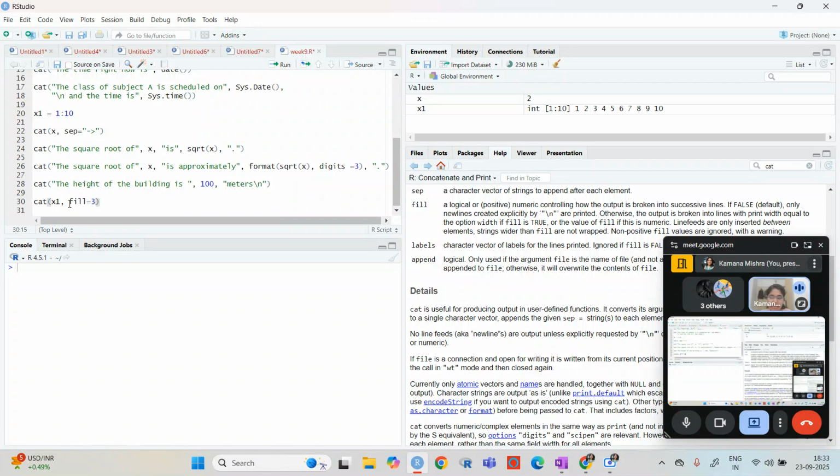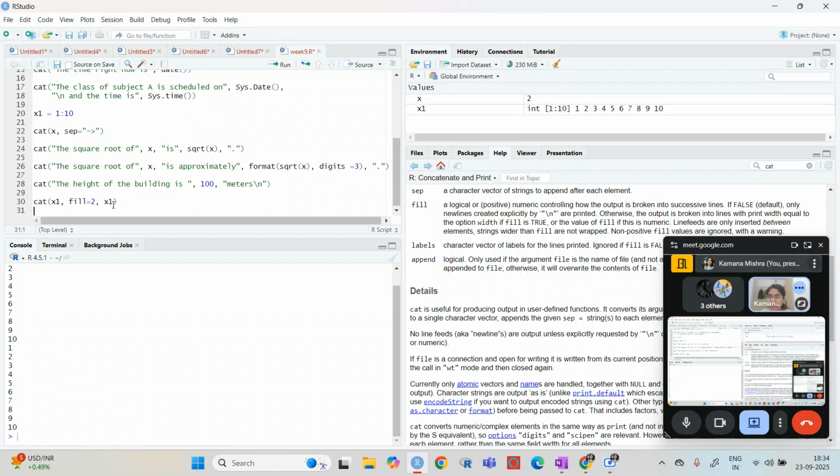So let's say I'm going to use this. When I'm using 3, it is just doing this. When I'm using 2, then also it is just doing that. So it is not clear what the difference is, unless we put in some other value. So let us do it like this.